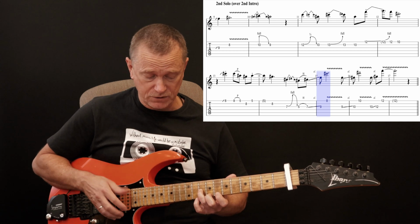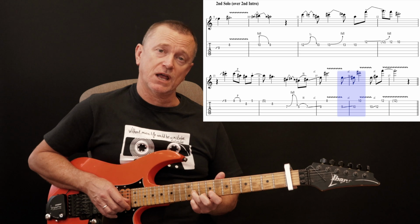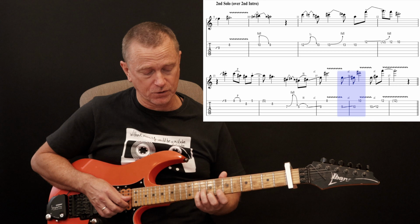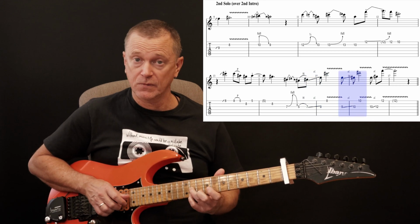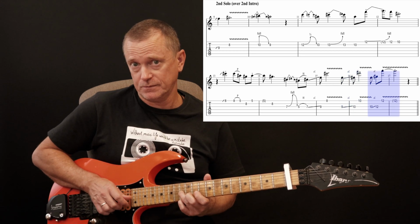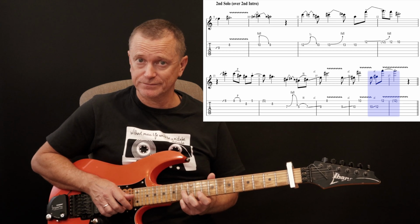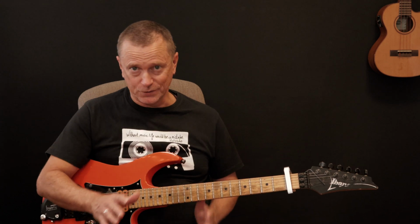Then without taking your fingers off these strings, slide that 9 up to 10 and play the 10 as well on the E string. So, and then do it again up 2 frets. Slide both of those notes up to 12. And that's your solo. Both of those guitar solos are not overly complicated, but they will take a little bit